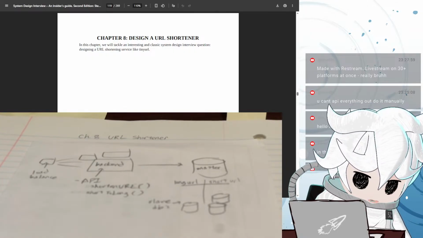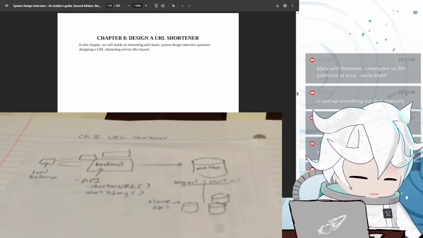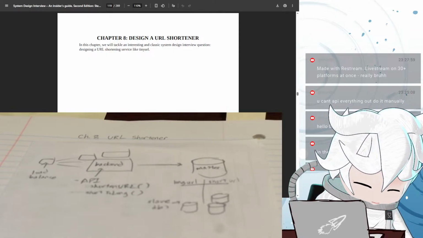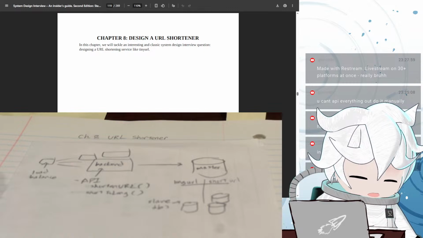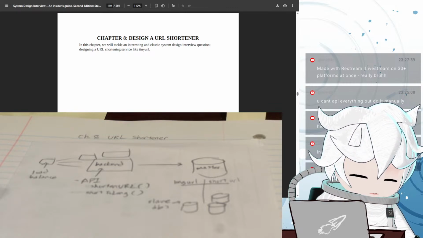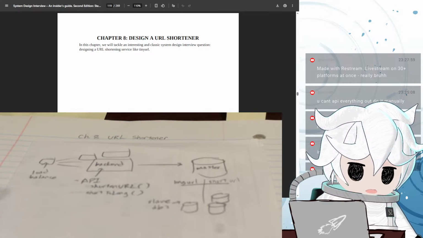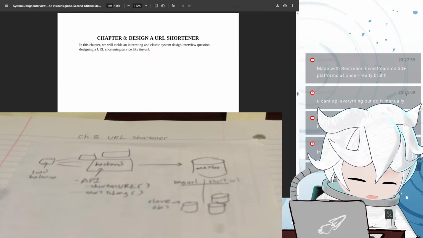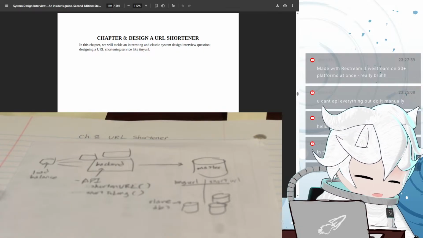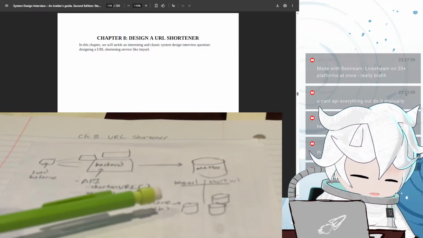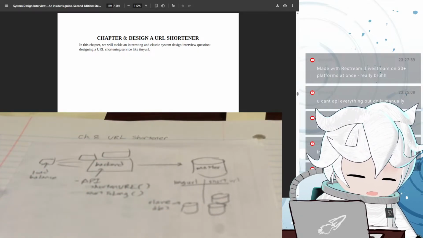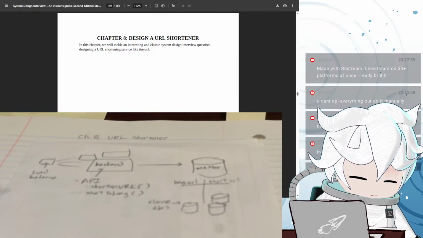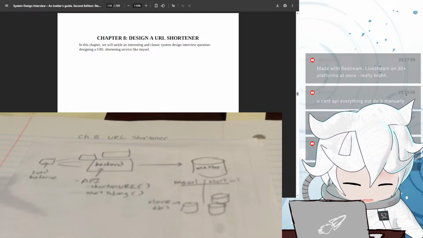We can also probably shard the databases. Ooh, I never thought about sharding and replicating at the same time. Sharding is when you split up all the primary keys into different sections. Maybe primary keys A through M are in one cluster or instance, and then M through Z are in another server.